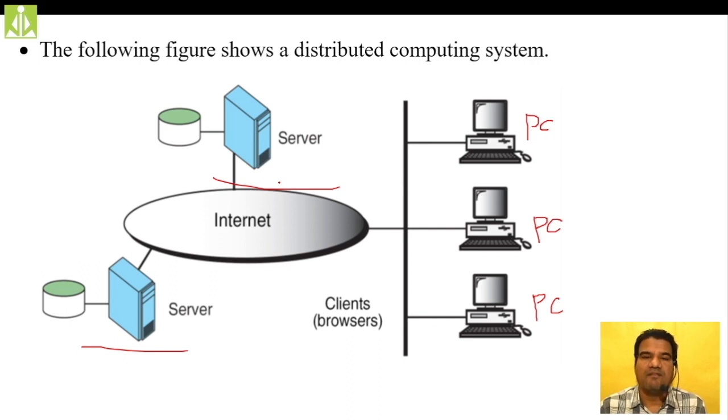So when we are hitting some request on our web browser, if the user's request can be solved by a local server, it will not go beyond, and the request will get satisfied by the local server itself, the local Google server itself. But if the request, whatever the client is requesting, is not there in the local server, then what will happen? Ultimately it will go to the global server, and it will look for that web page and retrieve that web page from there, isn't it?